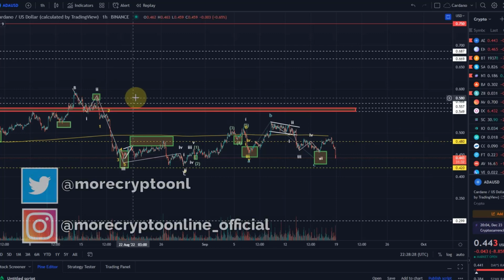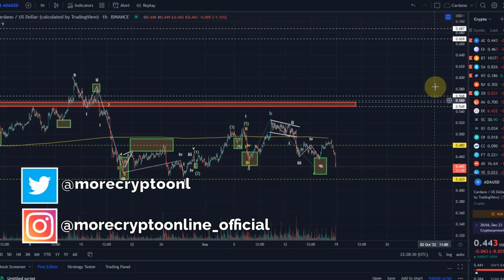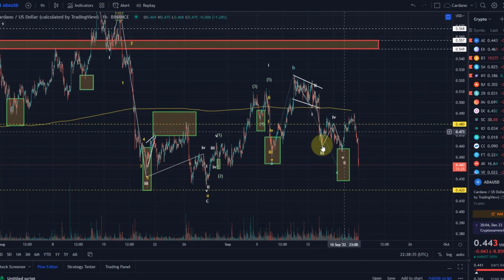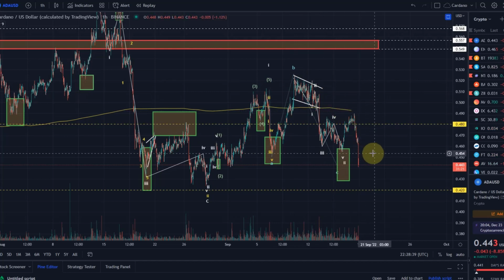So we start with a bullish count, and I can tell you straight away that this move today with ADA wasn't good for the bullish scenario. For now I will park this, not gonna focus on this, because we need to be realistic here. I'm waiting for Bitcoin to make a new low. There was definitely a chance here, but with ADA making a new low here,